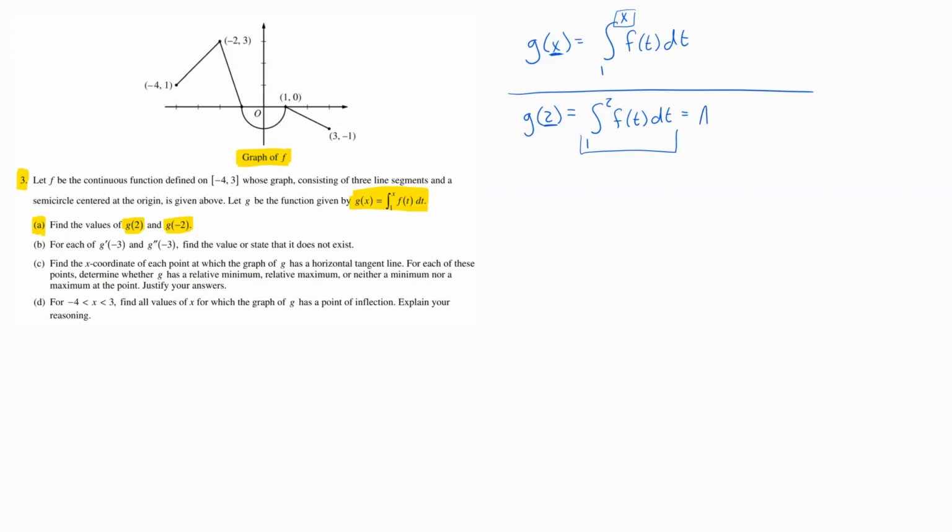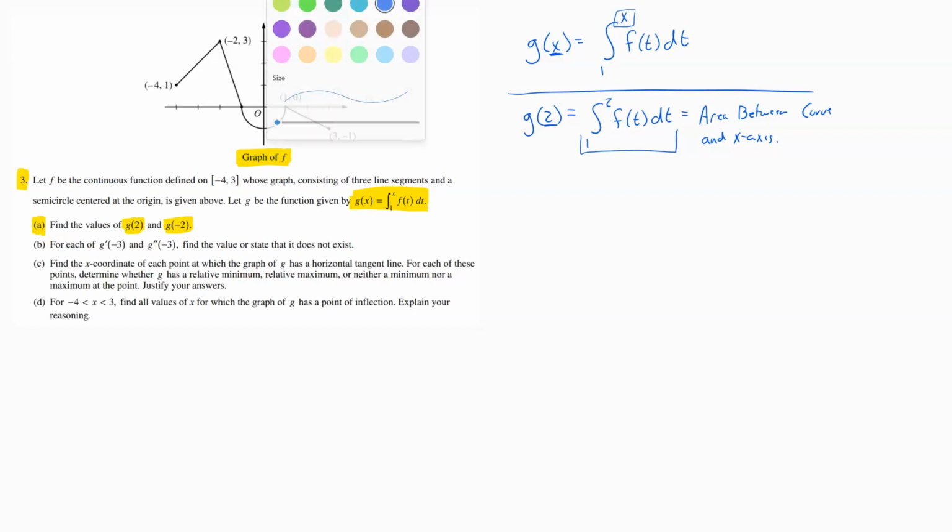Remember that an integral is the area between the curve and the x-axis. In situations like this where we're not given an actual function to work with, usually what they want us to do is use standard geometry formulas, areas of circles, areas of rectangles, areas of triangles, trapezoids, to find out